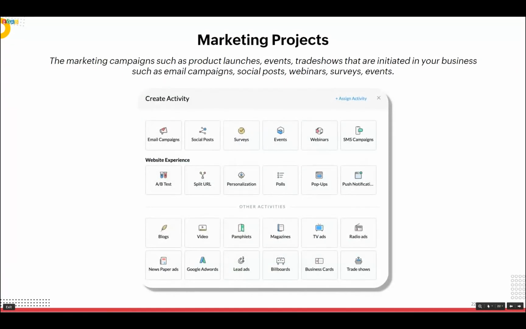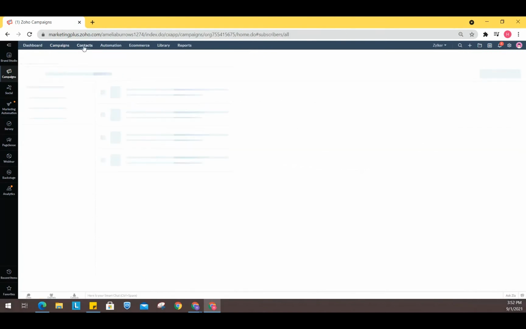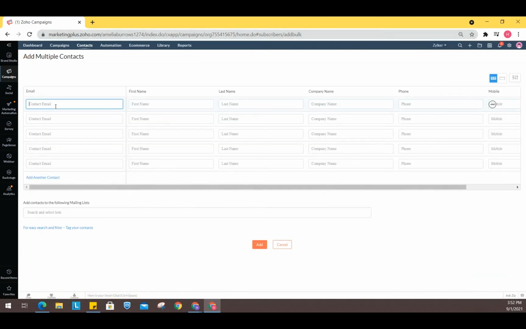So that's it. I think let's see all these options in Campaigns. I've just clicked on Campaigns, and like I said, we have a contacts module. And let's see a few of the options. Now, as soon as I access the contacts module in Zoho Campaigns, you can see the add new option. You can just add a new contact like this, or you can even add multiple contacts. I'll just show that example. You just add multiple email addresses, the names,